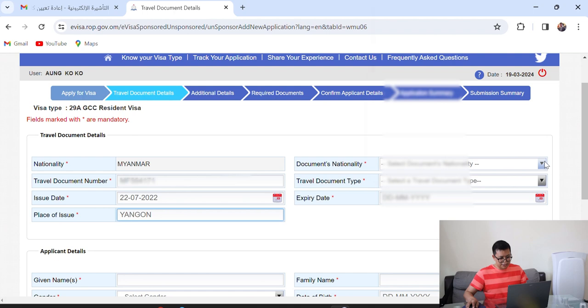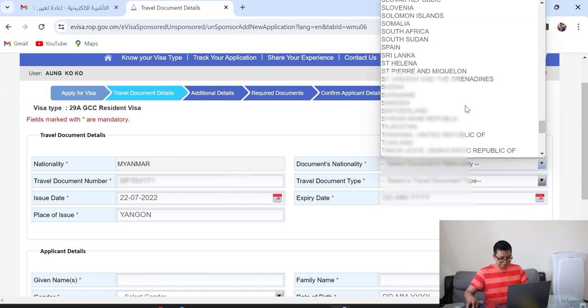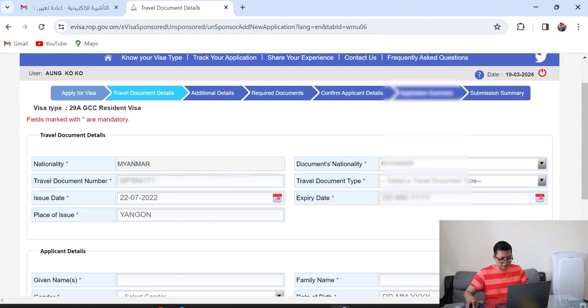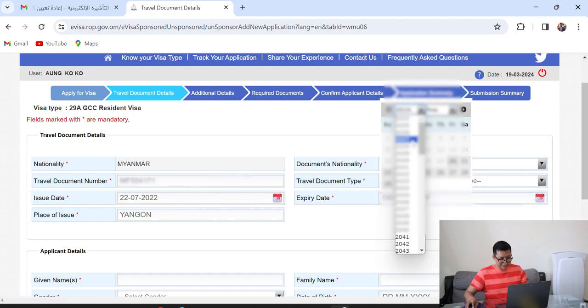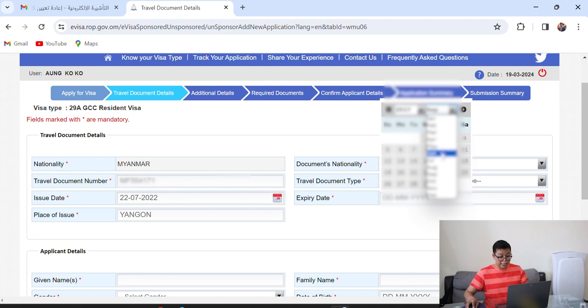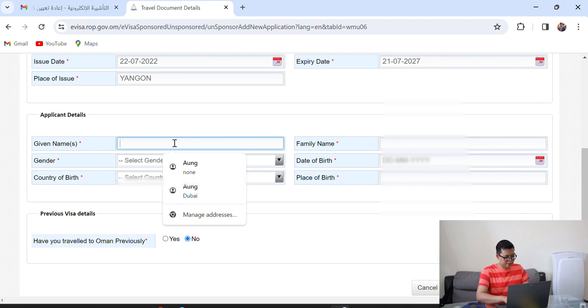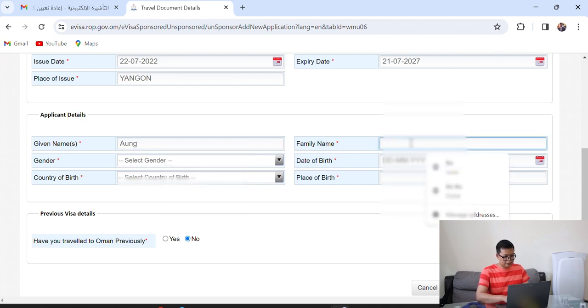And document nationality, of course, your nationality, where this passport is issued. So this one. So passport expiry date, expiry date, and then given name. All right, sorry, and family name,